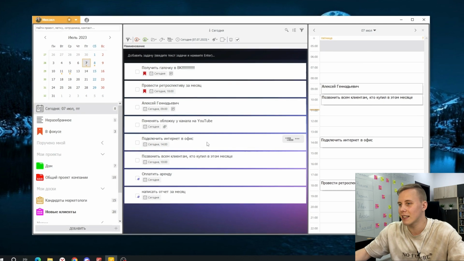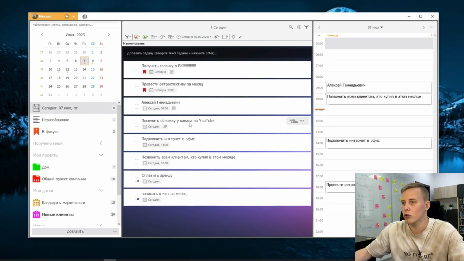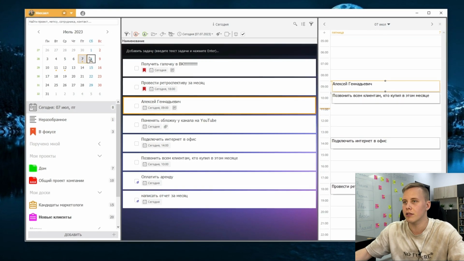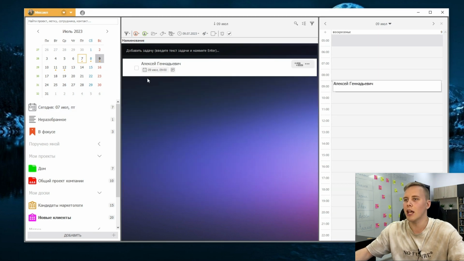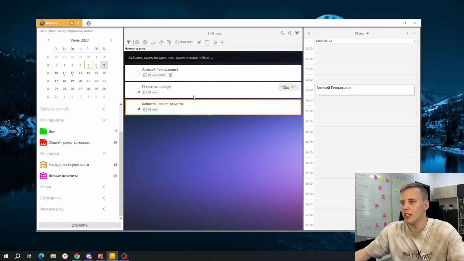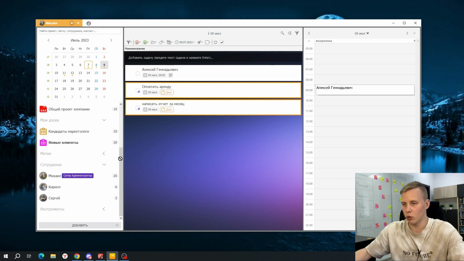If I am on a task list in LeaderTask, to move it to another date, I just need to do this. That is it. I will reschedule the task. Same thing, I can select those tasks and add them to the home project. Or I can transfer to some employee and then tasks are assigned to this employee.